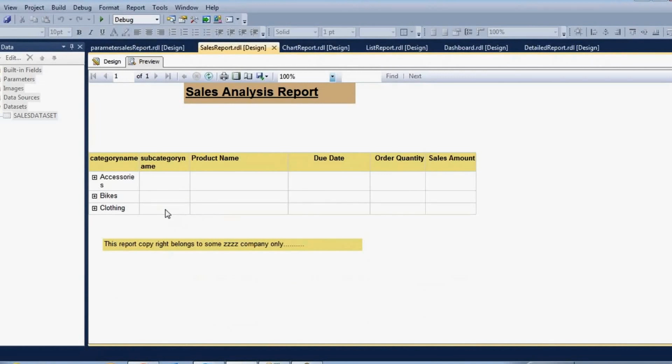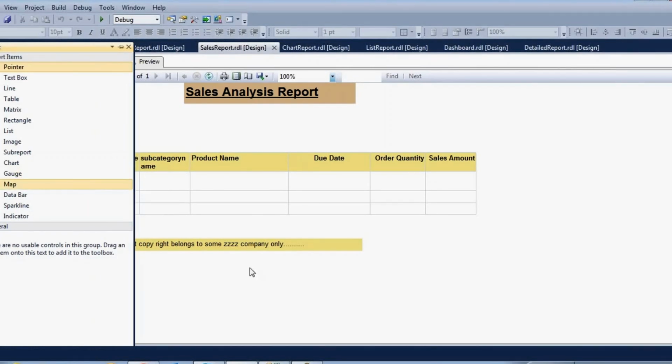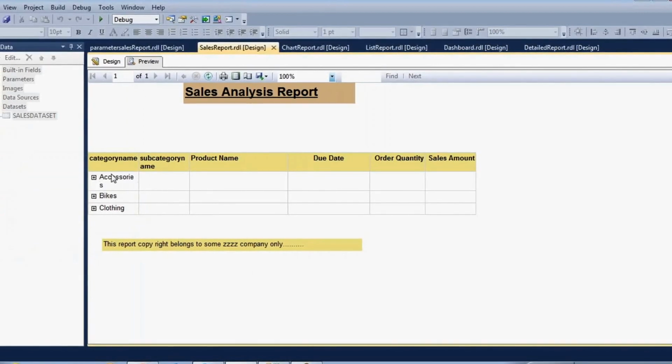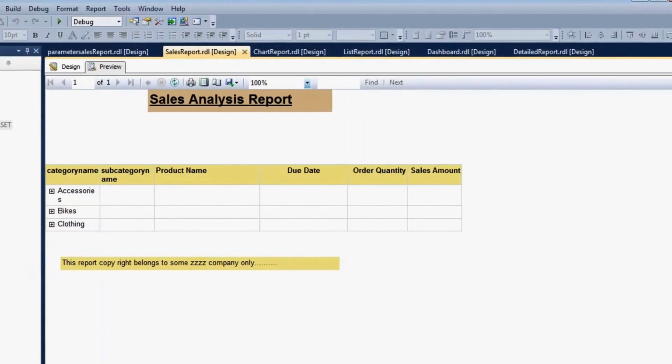When we replicate the same functionality in Power BI, is it possible to create a drill down option on matrix and table visualizations? We call these report items in SSRS, but in Power BI we call them visualizations. In Power BI we also have visualizations like table and matrix, but it is not possible to create this kind of drill down option on the table and matrix.